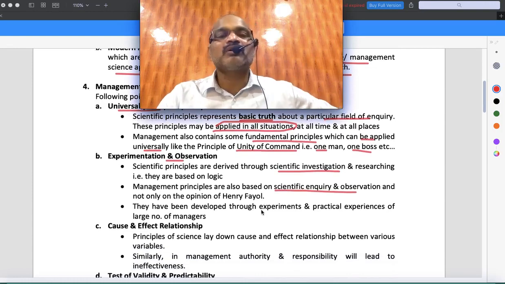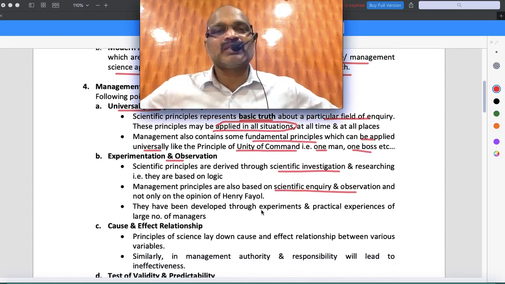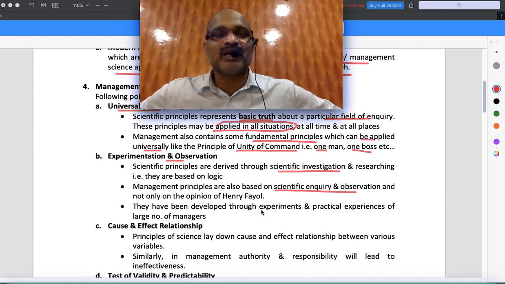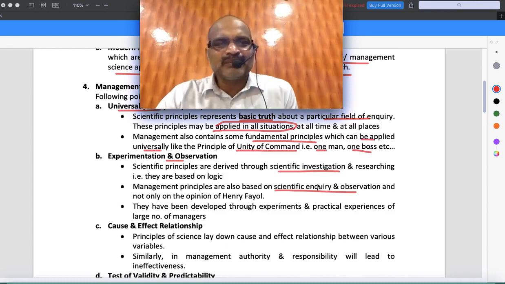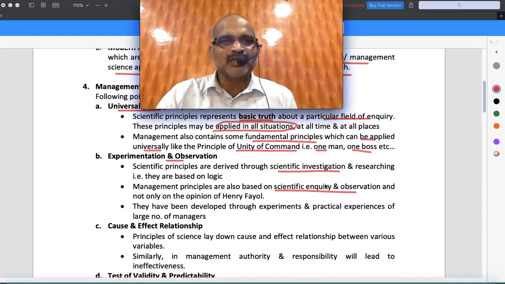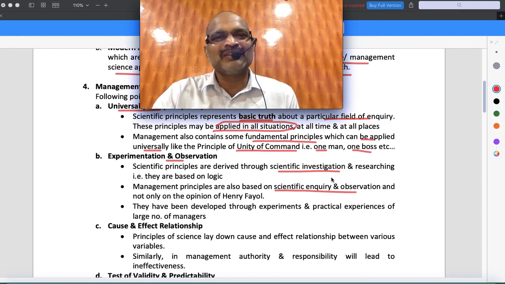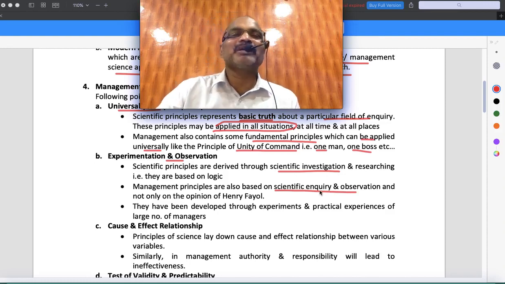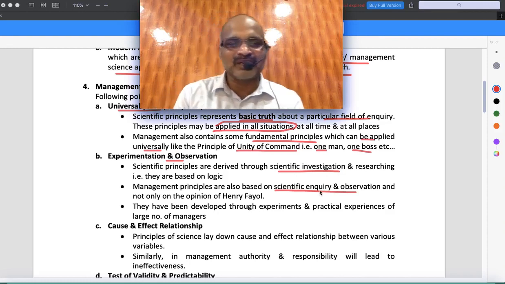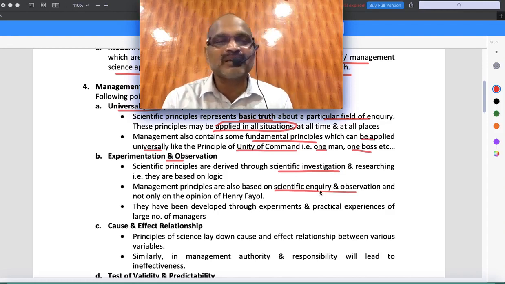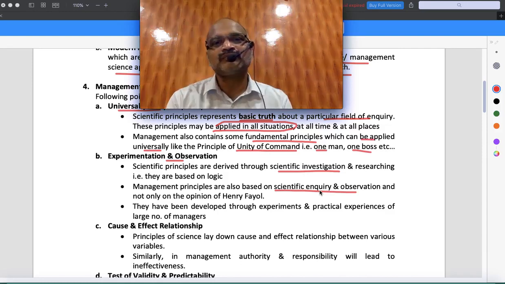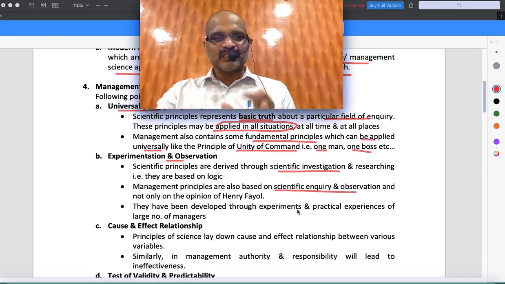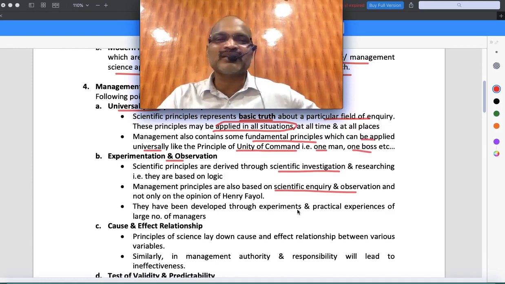Next one, science always talks about cause and effect. That means it tells you the reason and effect. Science is not something which simply tells you. That is the basic difference between the God concept and the science concept. In the God concept, we will not show reasons, only effects. But in the science concept, we will be able to show causes and effects. For everything, science will give you this is the reason or this is not the reason.